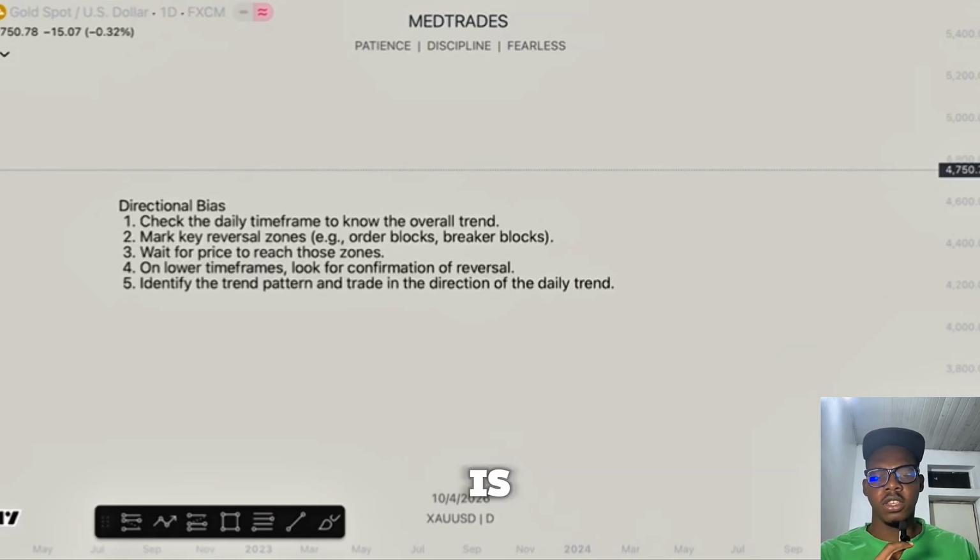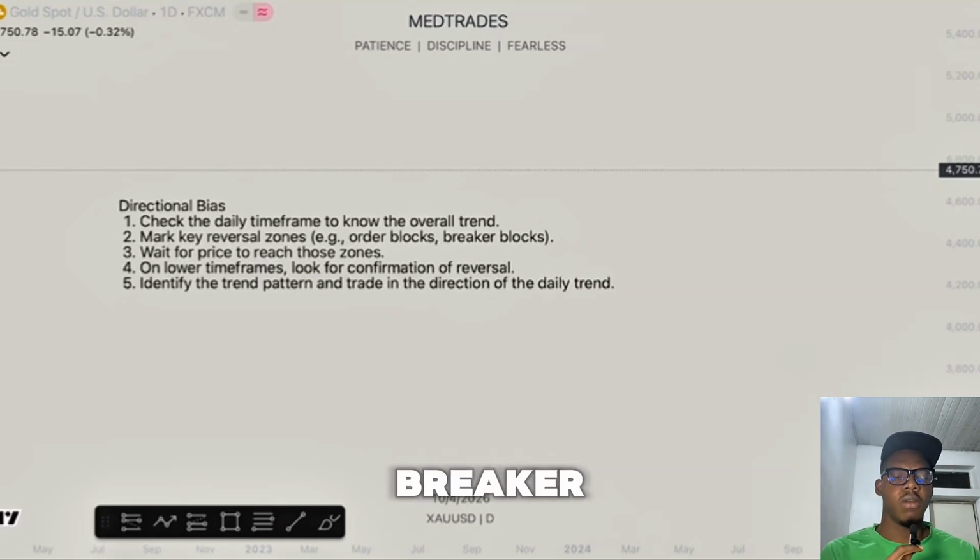The first one is check the daily time frame to know the overall trend, to determine whether it's bullish or bearish. The second one is mark the key reversal zones. It can either be an order block or a breaker block. If you don't know how to determine these order blocks and breaker blocks as points of interest,